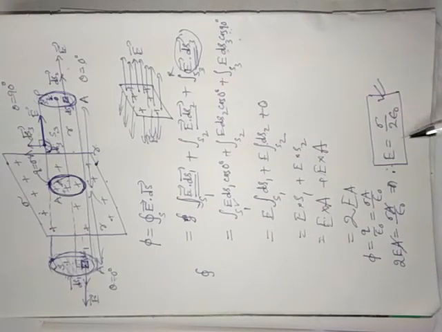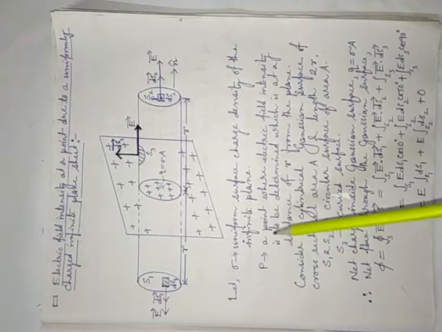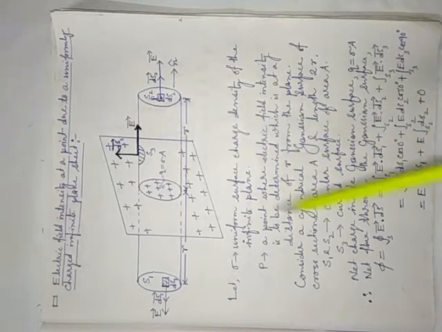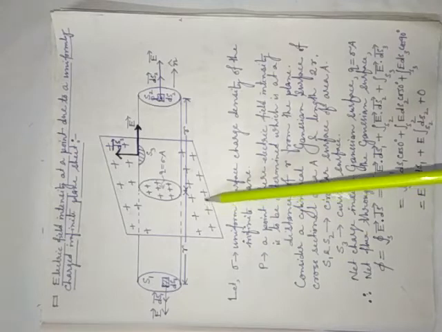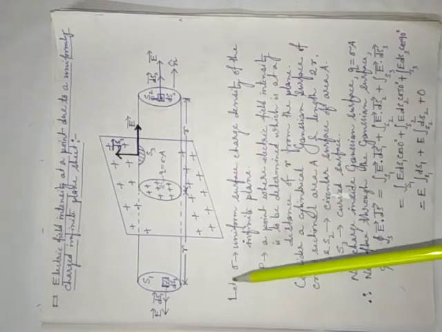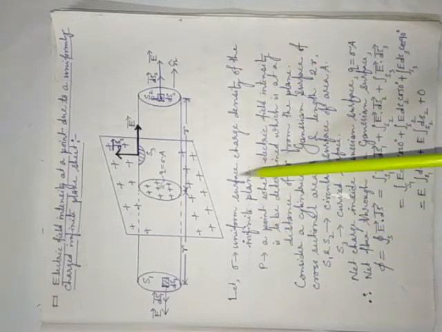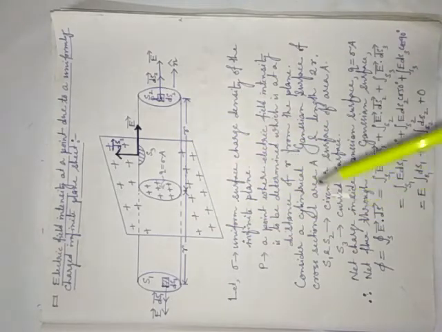Now I would like to discuss my note, ultimately the revision part. For exam purposes you have to write a note. See here, I have written certain language. Depending upon the marks you can write the language, but the main things are this diagram and this mathematical part. And you have to say that sigma is the uniform surface charge density of the uniform plane. Let sigma be the uniform surface charge density of the infinite plane. Whatever I have discussed, I am just summarizing it through my note.